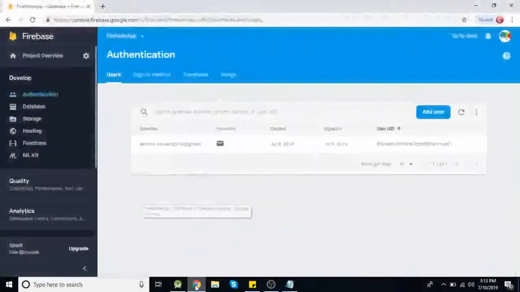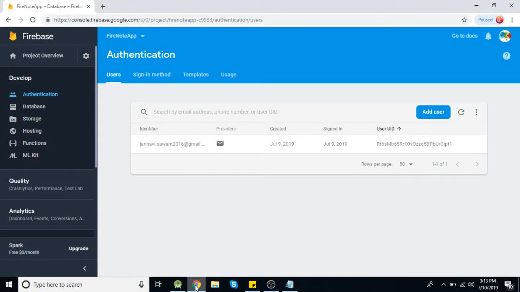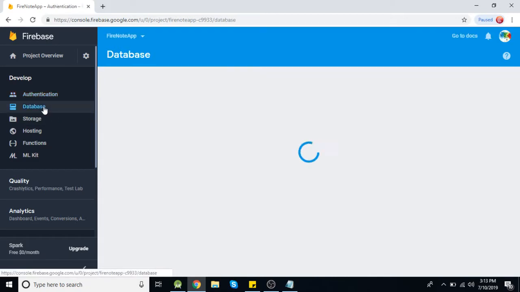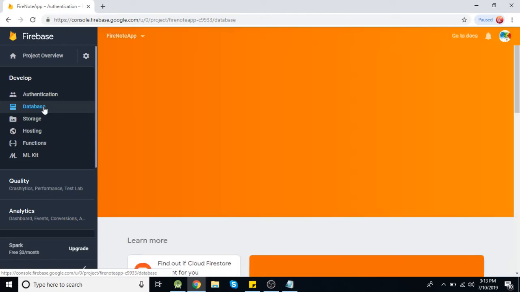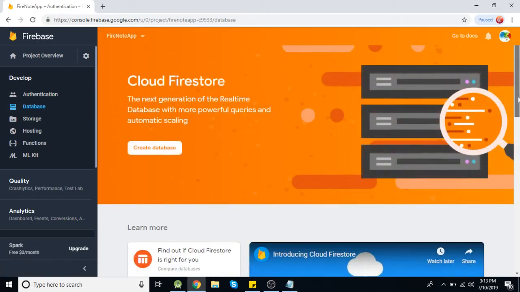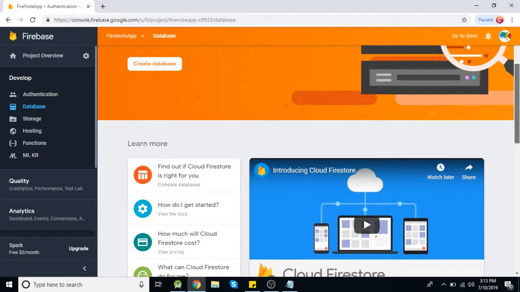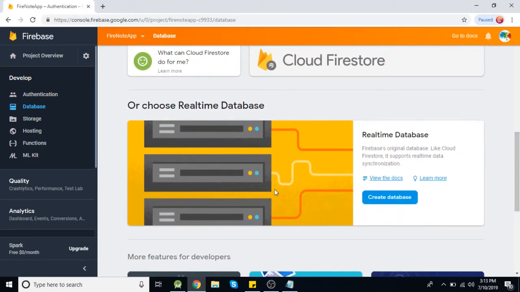For this, first we need to create a database here, or we need to add some security rules. If you check here in authentication, this is the user we have created, and now if you check this database tab, you can see here we are using the real-time database.